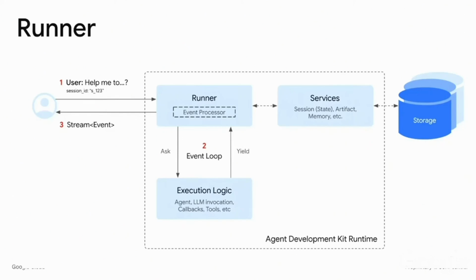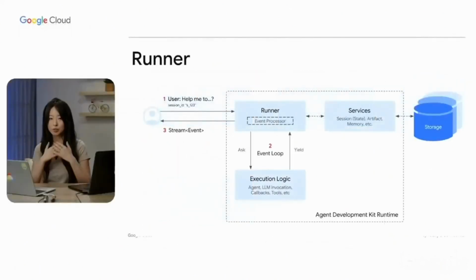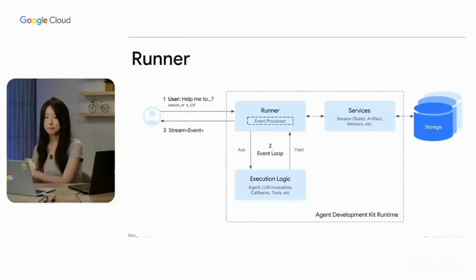So for the service, basically we track the conversation state. I'm talking to you right now, you're listening to my workshop. This whole conversation can be tracked. Everything can be saved in the session. And important things in this conversation can be saved at the state, and state can be passed to a different agent, can be passed to